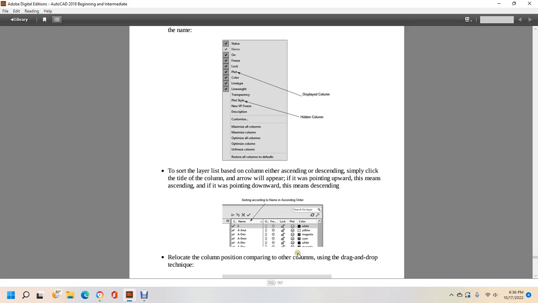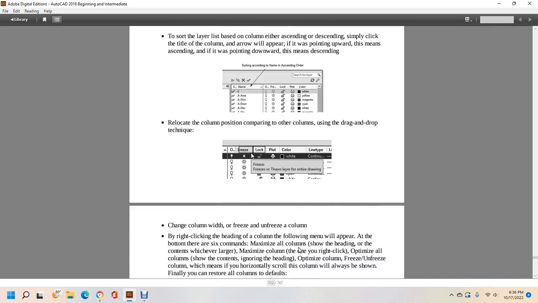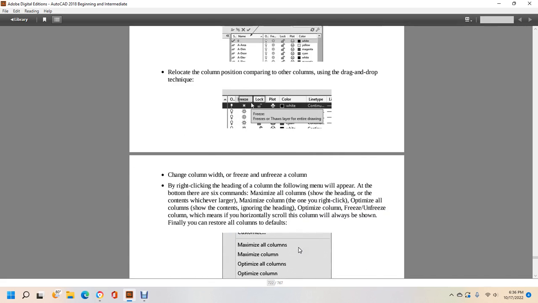Relocate column position, pairing with the other columns using the drag and drop technique. Change column width with the freeze or unfreeze column. By right-clicking the heading of the column field, a menu will appear at the bottom of the bar with 6